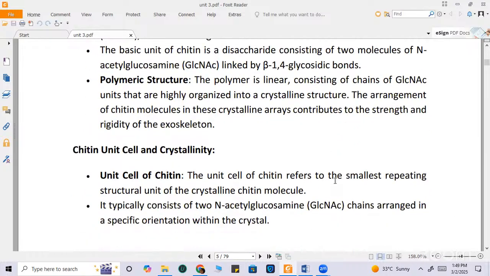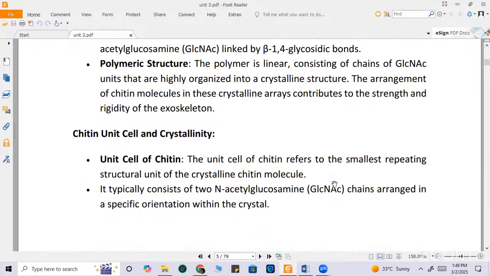The chitin unit cell and crystallinity. The unit cell of chitin refers to the smallest repeating structural unit of the chitin molecule, where two N-acetyl glucosamine